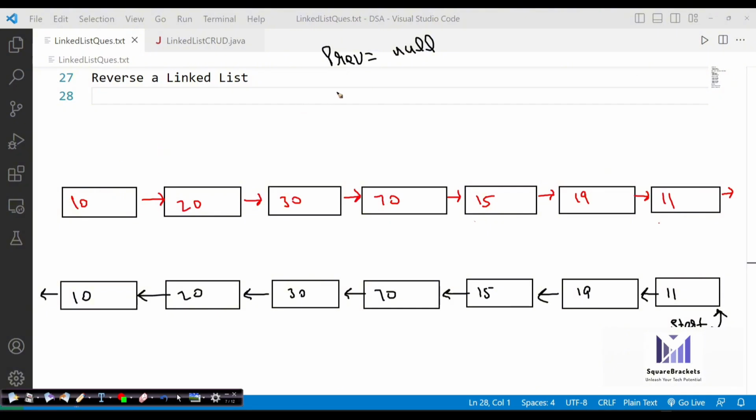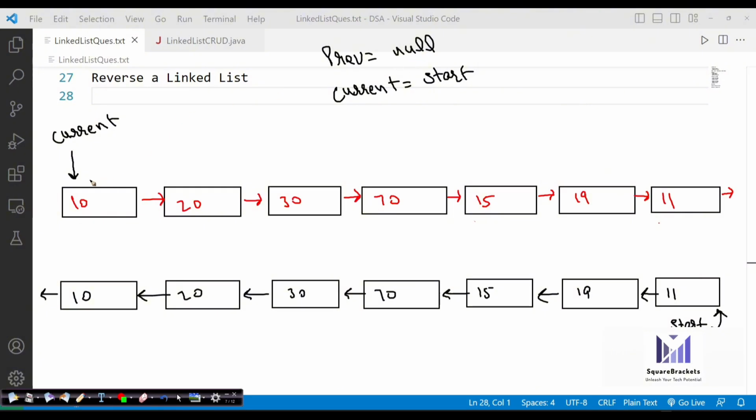So I can simply say the first node will directly refer to the previous node. So it means we need to have a current as well that will refer to the starting node. So you can assume that your current variable points to this node initially. All right, current variable points to this node because current is equal to start. And we have a previous variable which is null.